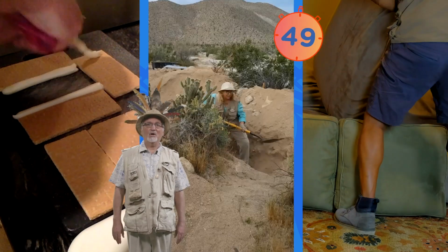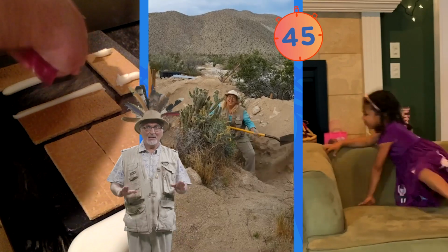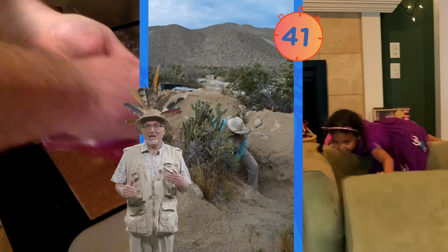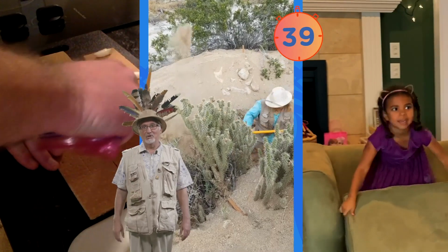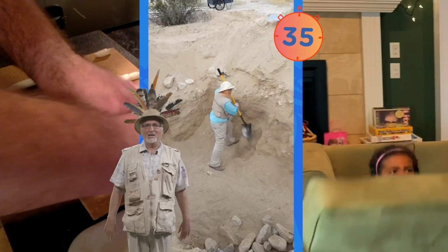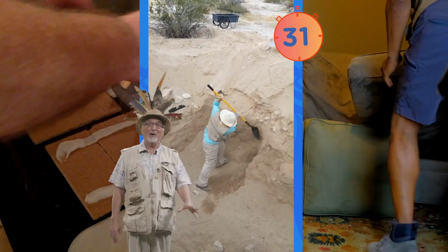Oh, and there goes Dr. R. Zoolittle. He's got his young Maisie with him, and they are putting some pillows together, going to hide under it. I wonder what their habitat is going to look like, but they keep going. Look at that, and Chef Zoolittle's getting another side to his delicious treat going on over there, and E. Zoolittle is still digging and digging and digging some more, but look at that,